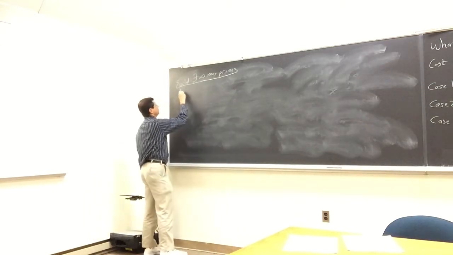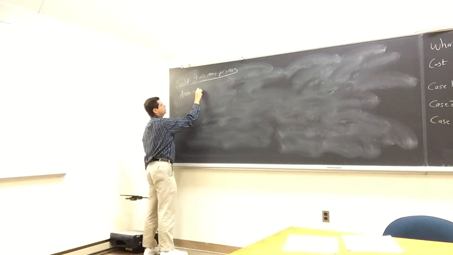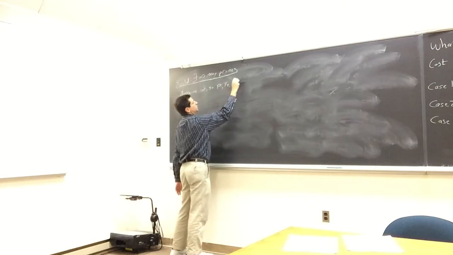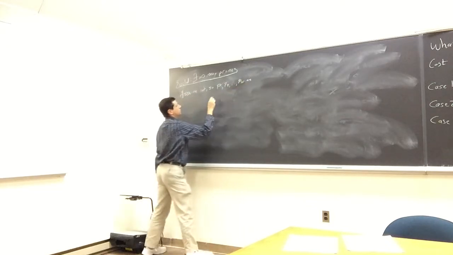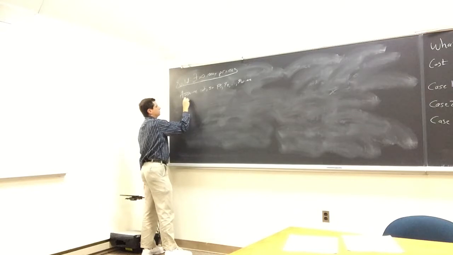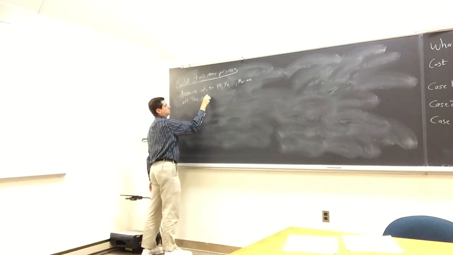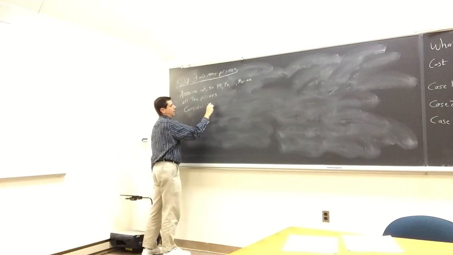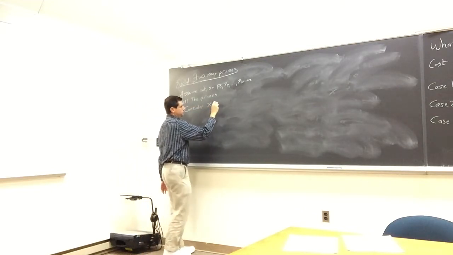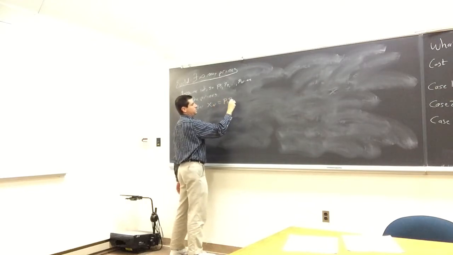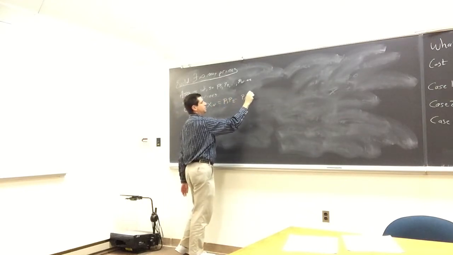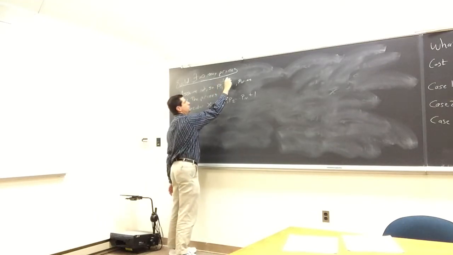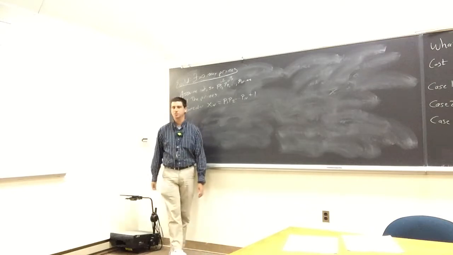So, proof by contradiction. Assume not. So P1, P2, ..., Pn are all the primes. And then consider x_n equals P1 times P2 times ... times Pn plus 1. And we know the first prime is 2, the second prime is 3, so there's at least a couple of primes.